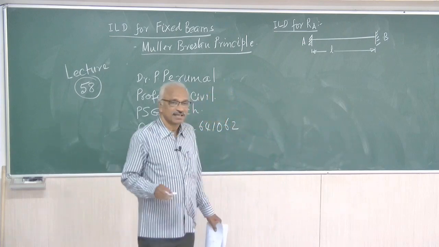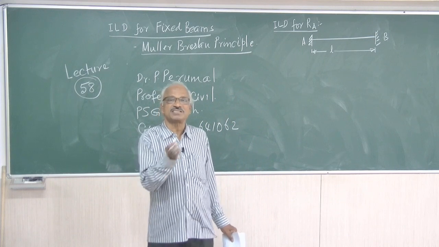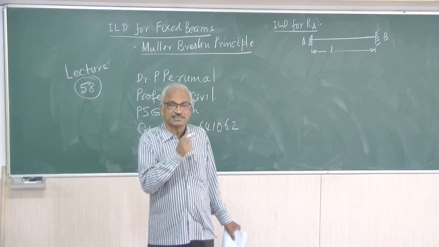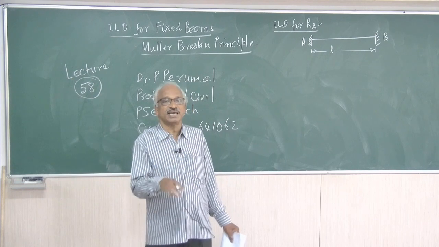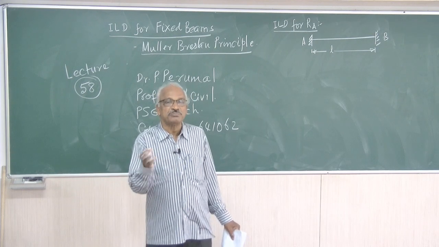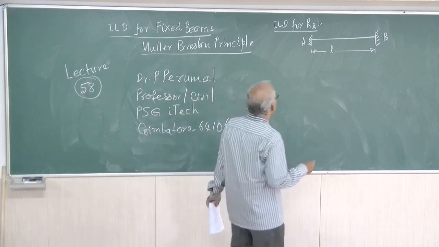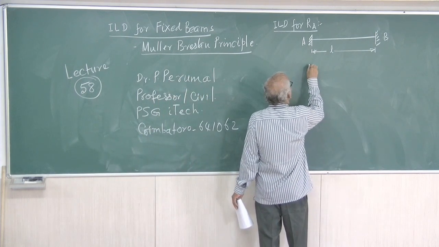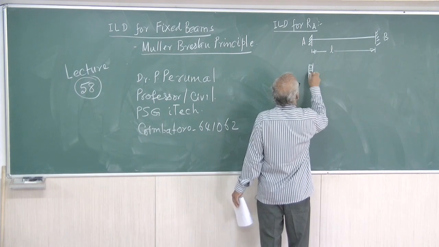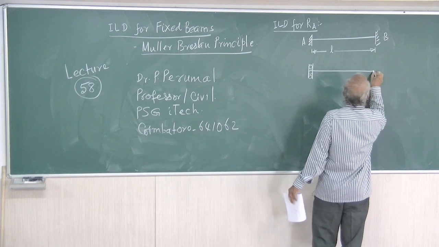So here, when you want to remove the reaction carrying capacity, you cannot simply remove the support, because at A it is capable of taking a reaction component and a moment component. Therefore, we cannot simply remove the support. So what we have to do is, we introduce rollers between two vertical plates, and then this is the problem.